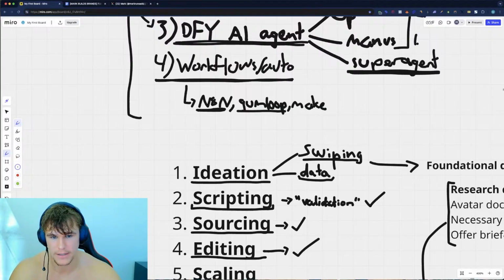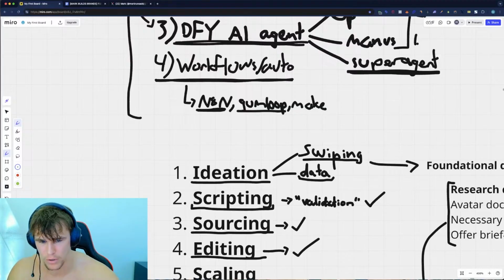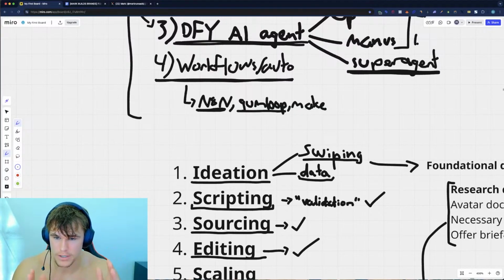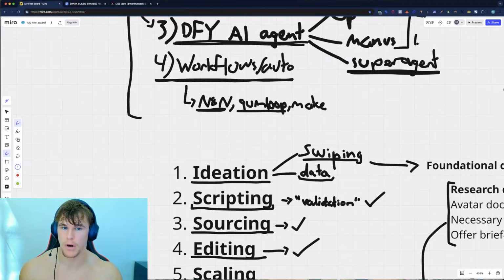It then brings that to a custom fine-tuned model that you have on OpenAI that validates the hooks and the scripts to make sure that they actually work. Then you have the full script 100% together. You feed that into Captions AI. You have the custom UGC. It's just completely outputted for you, 100% perfect, exactly how you like it. And then from there, it gets a little messy. But that's ultimately what the process is going to look like.